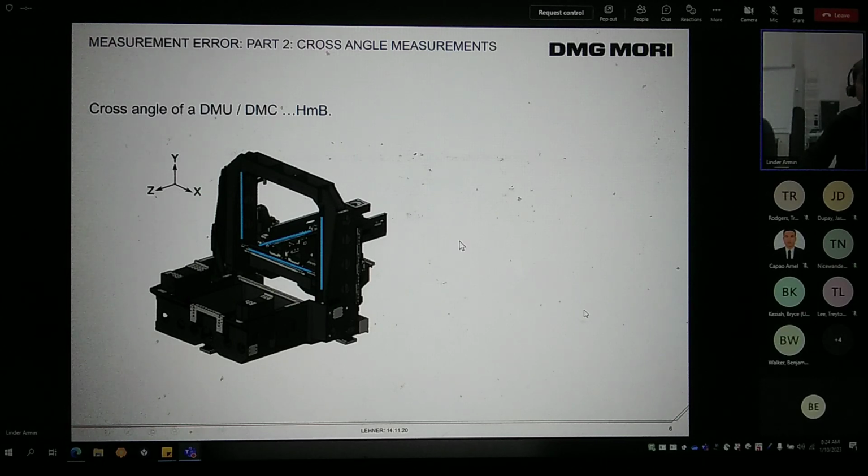And that machine is available with two kinematics. There is a kinematic of AC. That means the 0 point is,